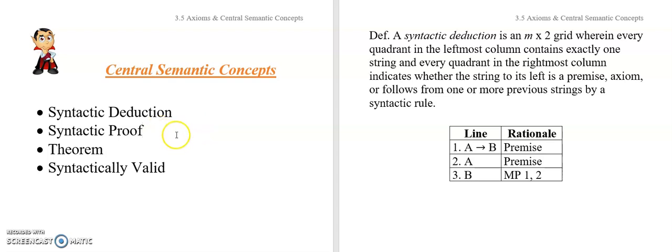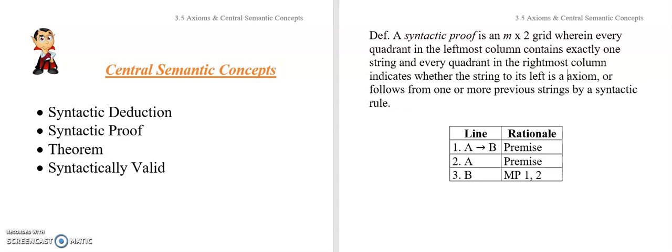A syntactic proof is really just like a syntactic deduction with one minor alteration. So we're going to leave this same definition up here. A syntactic proof is also an n by 2 grid, just like this guy, where every quadrant in the leftmost column contains exactly one string and every quadrant in the rightmost column indicates whether a string to its left is a premise, an axiom, or follows from one or more strings by a syntactic rule, except a syntactic proof has no premises, so we're going to delete this. So whether the string to its left is an axiom or follows from one or more strings by a